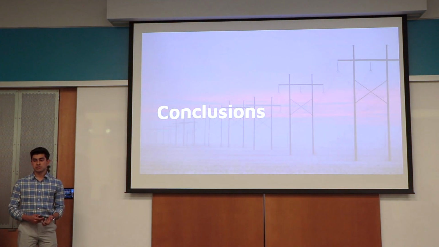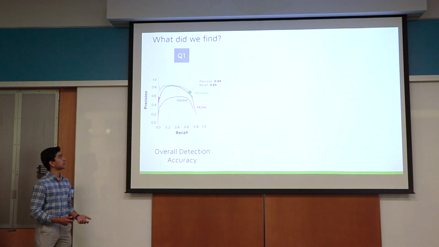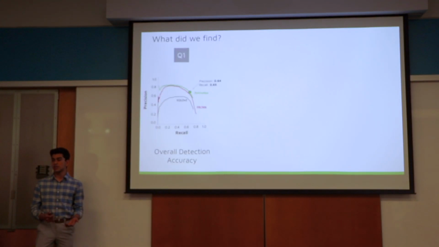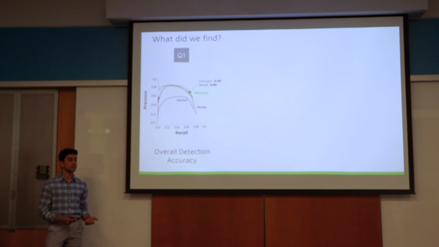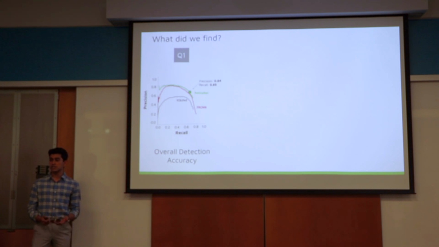So moving into conclusions from our project, what exactly did we find? Well, in our first experiment, we explored, was this deep learning approach even feasible? And we found that the RetinaNet model of the 3 models that we tested gave us the best performance of a precision and recall of about 0.65. Now, we think these results are pretty encouraging. There is perhaps some more hyperparameter tuning that we can do with the models, and then, of course, adding more data will improve the model performance as well.